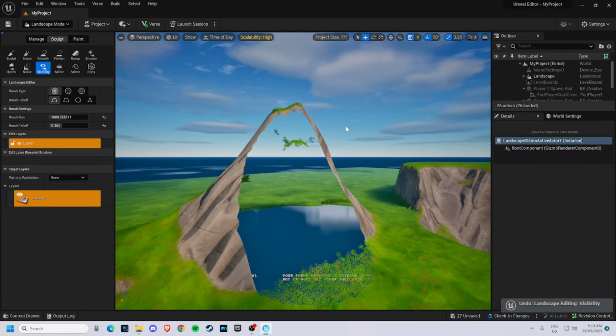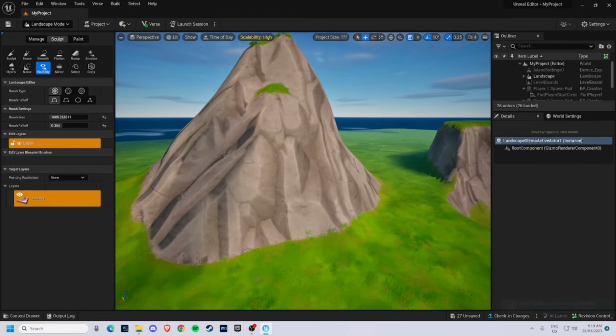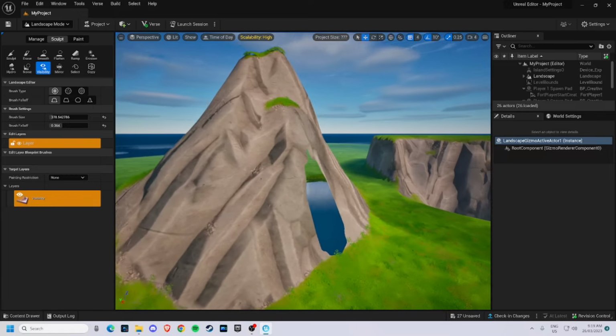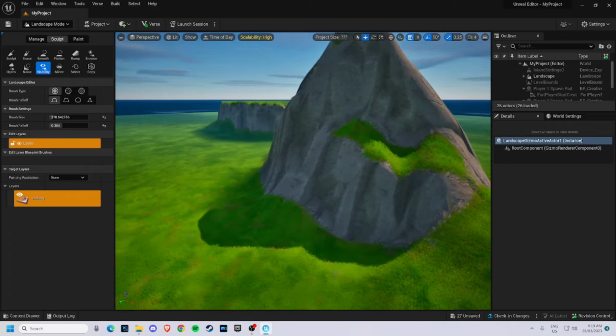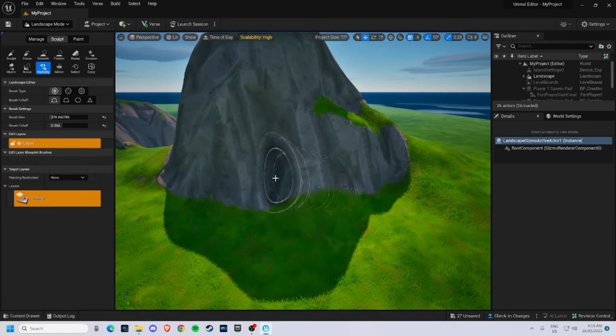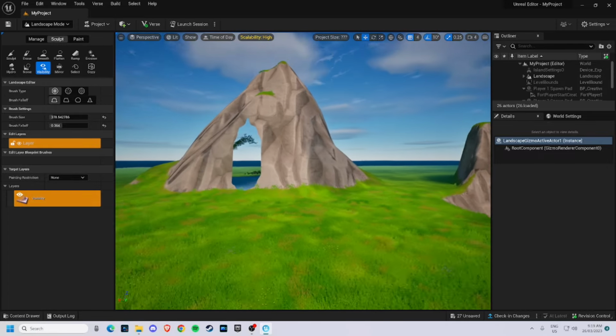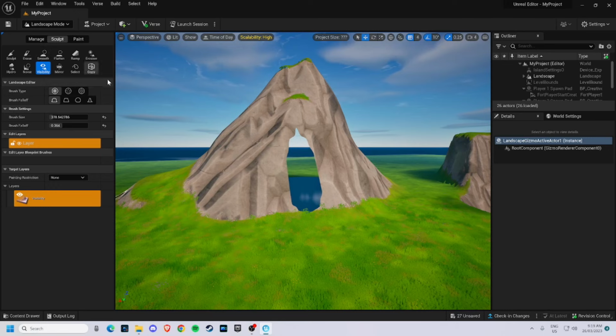So I'm going to use Ctrl-Z to undo my modifications, and now I'm going to decrease my brush size and now make a slight entrance. Now I'll go to where I want the tunnel to come out and do the same. So now what you can do is Shift 1 or go up here to selection mode,